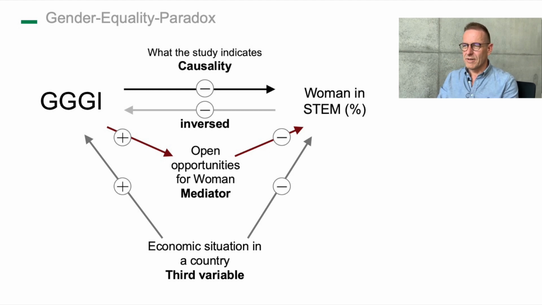But we know that, for instance, in countries like Algeria, very low in gender equality, we have the most women in engineering. Why do they do that? Because they face economic risk and you earn more as an engineer. So if you have the intellectual capacity to study engineering, you better do it, right? While in countries where we are all rich and we can do what we like, you can even study something like psychology, as I did. You don't face an economic risk. My parents told me, okay, you can study psychology, but you will not earn much money. I would tell you, okay, they were wrong, but